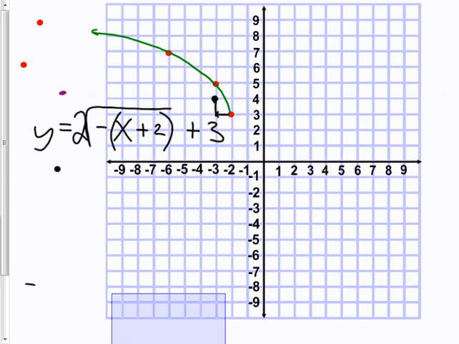Did anybody have this one right? All right, if you didn't have it right, try to learn from that. That's going to be the hardest kind for you, I think. So I give you an equation. You try to figure out how much it's been stretched. The key is, once you know what parent it is, look for that spot that should be there. And if it's not there, like you're expecting it to be, figure out where it's been stretched then. Okay, that's all I got for you for